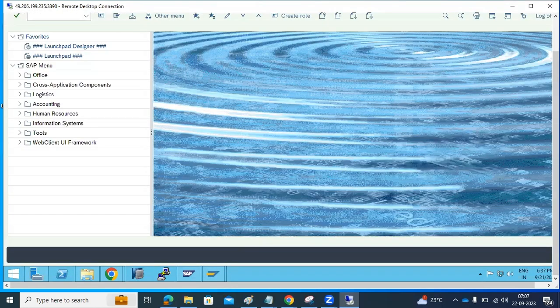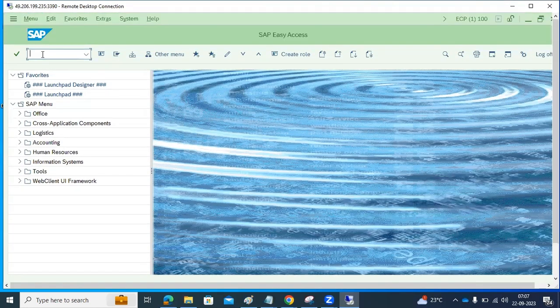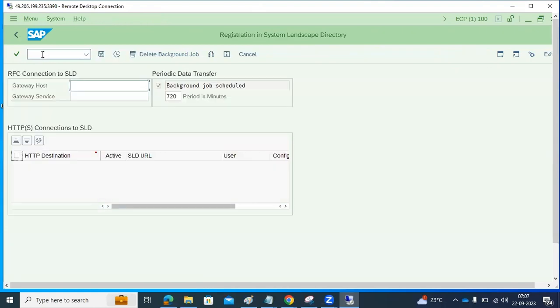Okay. So let me show how to add other systems into the SLD. If you go to object 70, adding the system is very important, because sometimes you may have to integrate the systems into Solution Manager. So at that time, this is very important. Then SAP